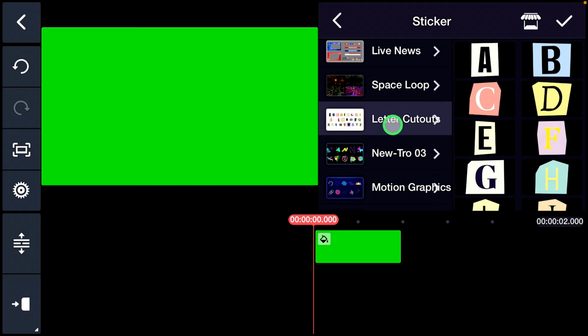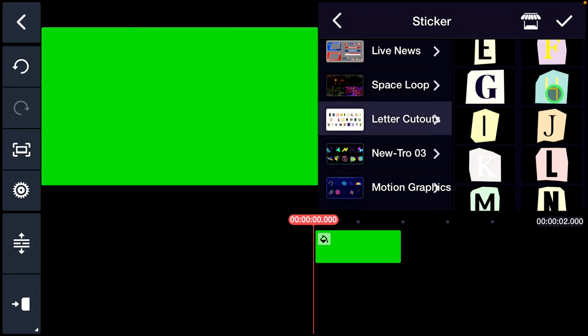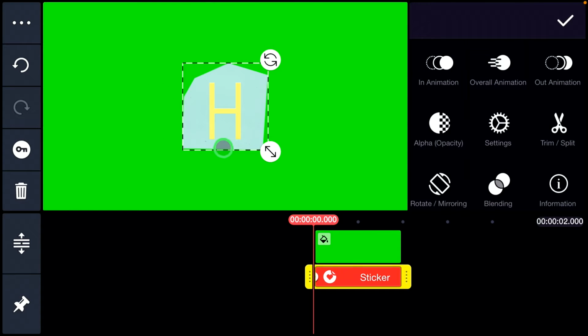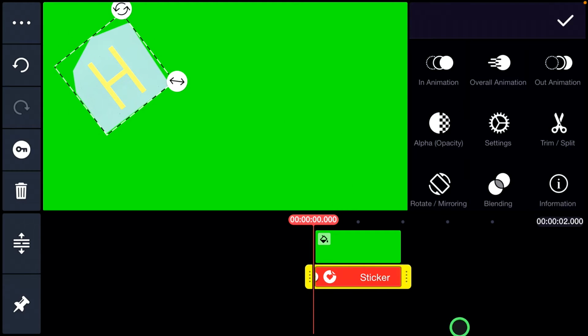Let's do letter cutouts. Those are a lot of fun. And we can make it say something. So let's make it say hello. So the first sticker we need is an H. And let's just put that in some random place. Okay. The next one we need,